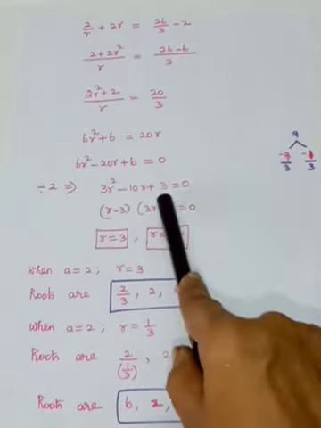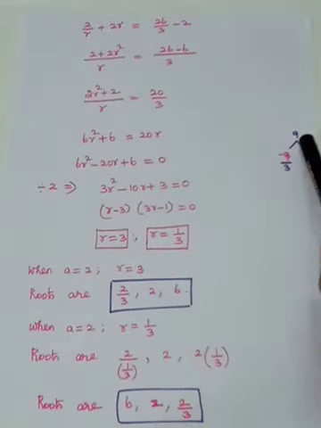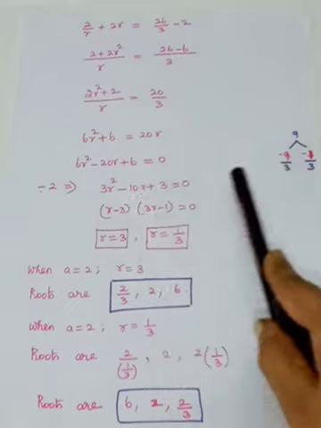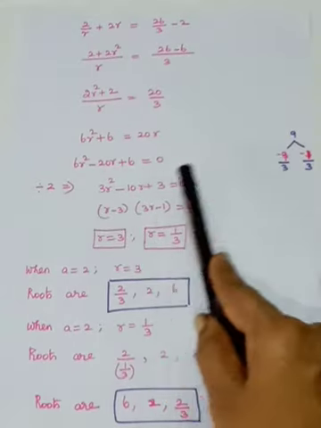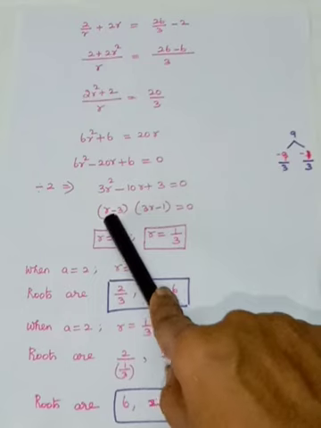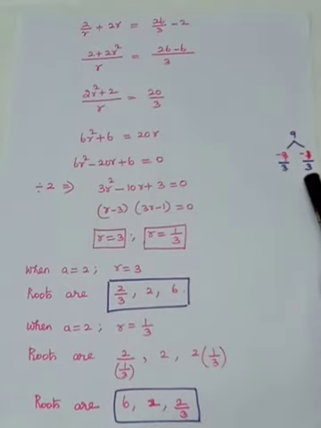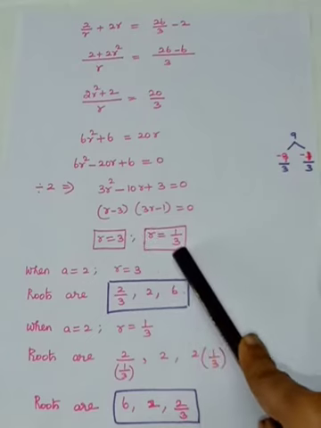So it's a quadratic equation, you have to factorize. When you take the product, 3 threes are 9, and the sum is minus 10. So you will have the numbers minus 9 and minus 1. The coefficient is 3. If you divide by 3, this 3 and minus 9 get cancelled. So you will have minus 3 here. So it is r minus 3, and this can be written as 3r minus 1 is equal to 0. So r is equal to 3 and r is equal to 1 by 3.